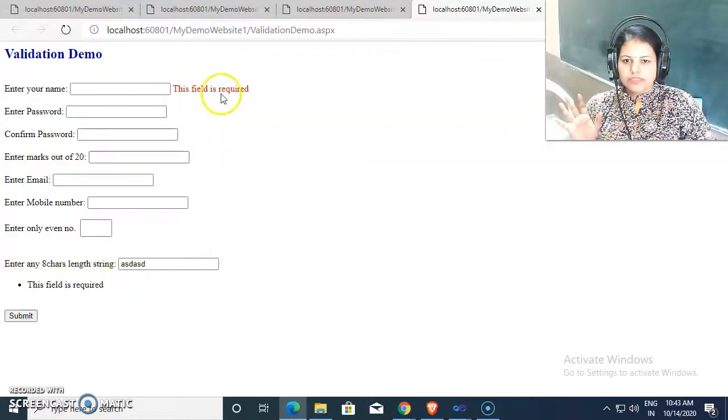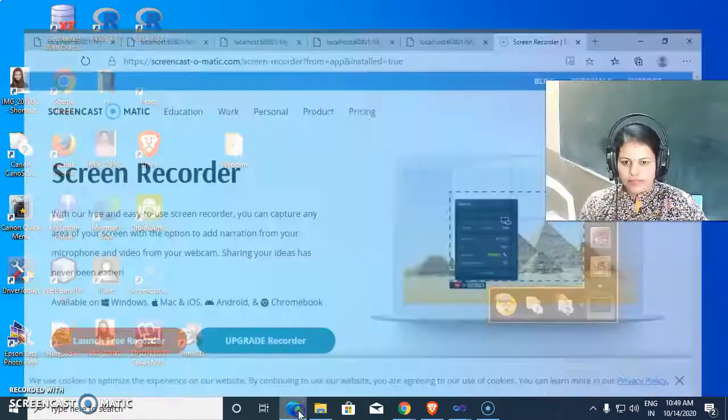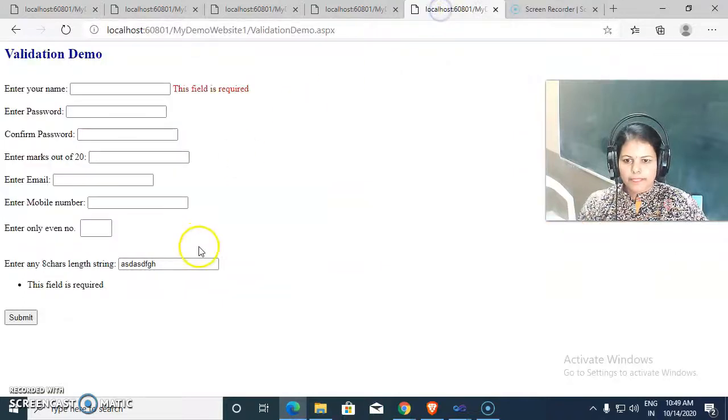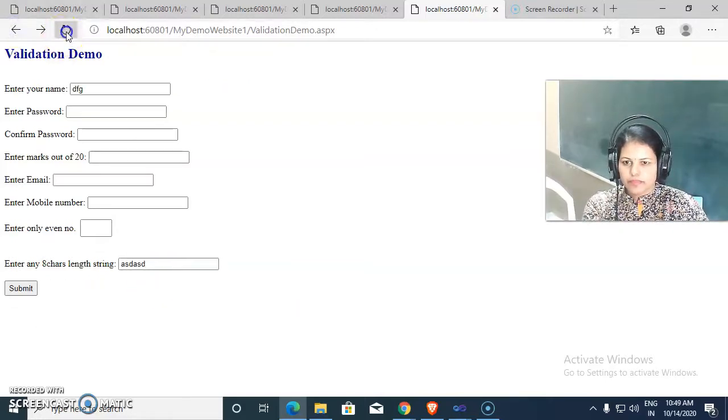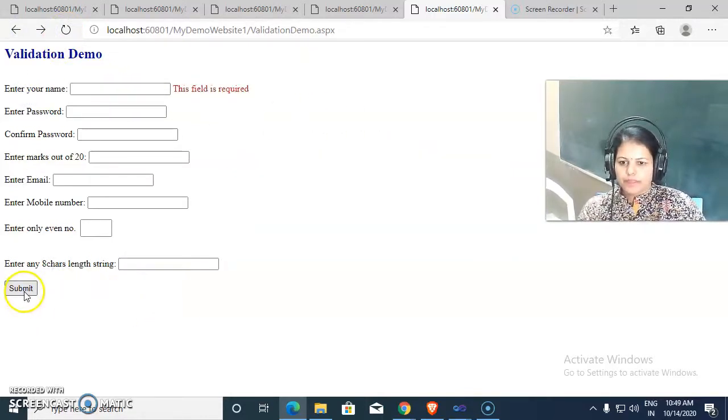Now this field is required only, and this is 6th length. So what is the error? Okay, we see once again what is the output.